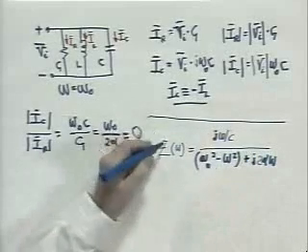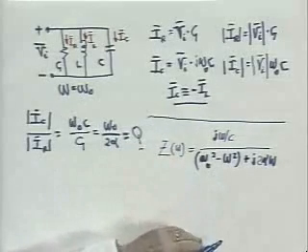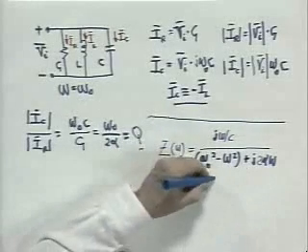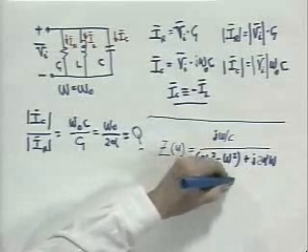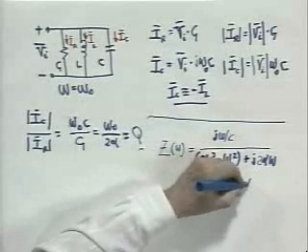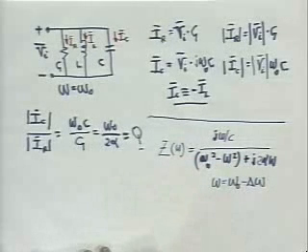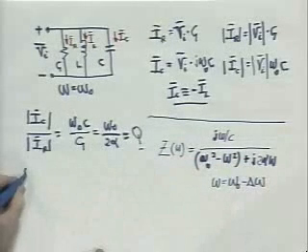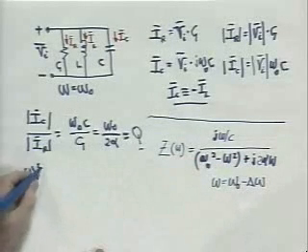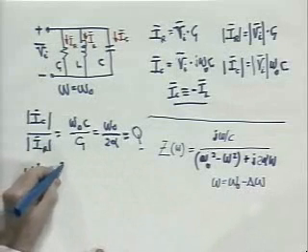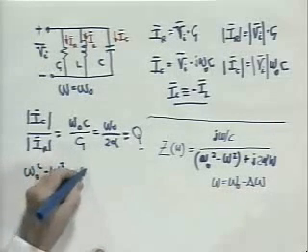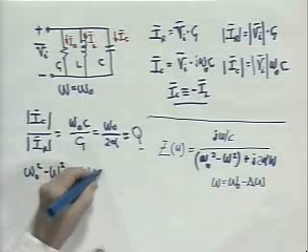And I want to approximate this for omega near omega naught. So I'm going to let omega equal omega naught minus delta omega, where delta omega is the deviation from omega naught. And then if I recognize that omega naught squared minus omega squared can be written as omega naught plus omega